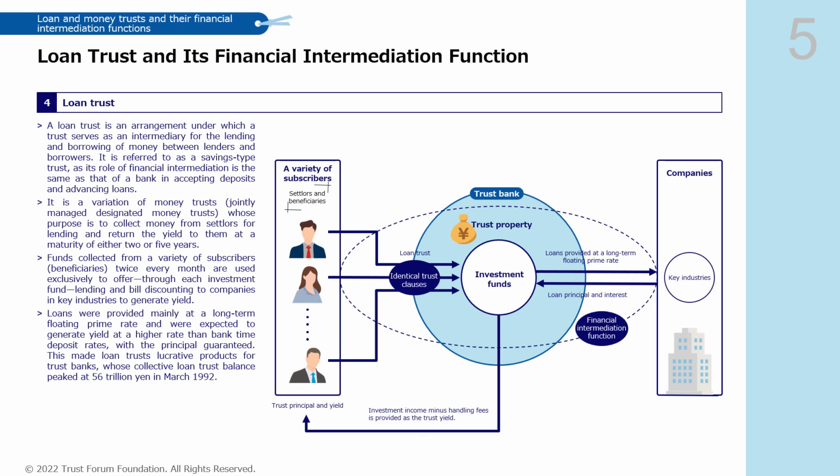Moreover, money trusts allow settlors to designate their family members or other third parties as beneficiaries. Therefore, they are used also for educational funding gifts trusts and marriage and child care support trusts, both of which offer tax benefits when settlors give monetary gifts to their children and grandchildren.